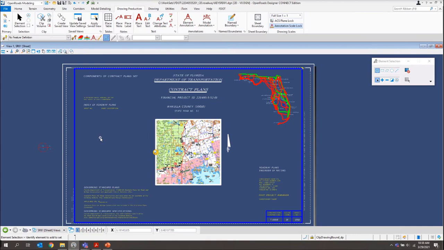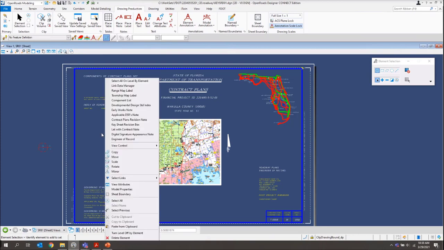Next, we're going to look at exercise 1.2, which is placing and editing the component of contract plan set list. To bring this up, we'll bring our cursor out in space somewhere and do a right click and hold, and we'll get our context menu. We've set these context menus up based upon file name. So in the key sheet, we'll get some useful little links for key sheet specific stuff. You won't have these same ones in other files, but you will have file specific ones in your other file names. So for this one, I want to grab my component list.